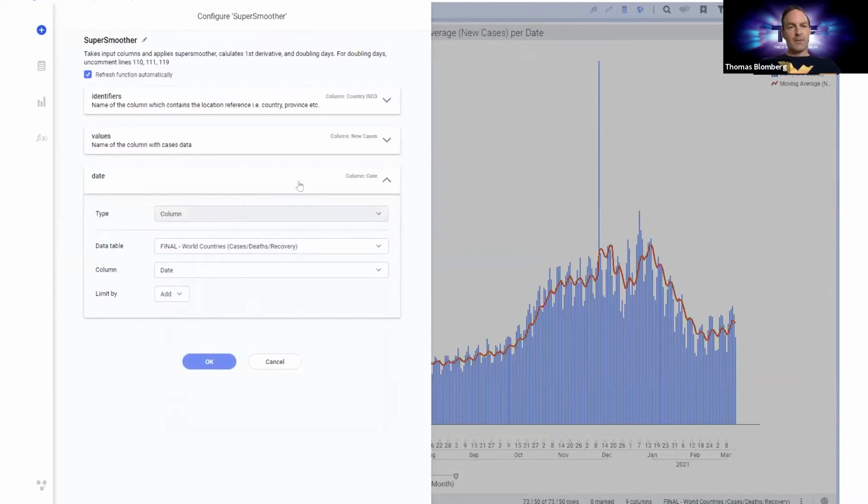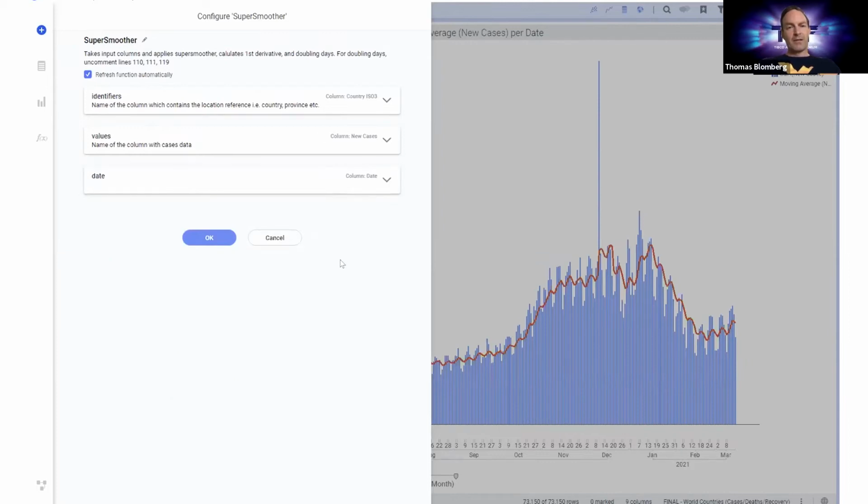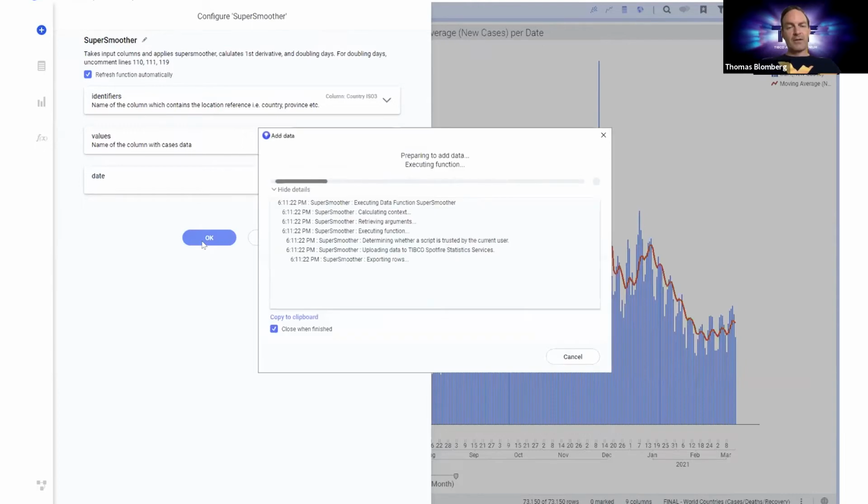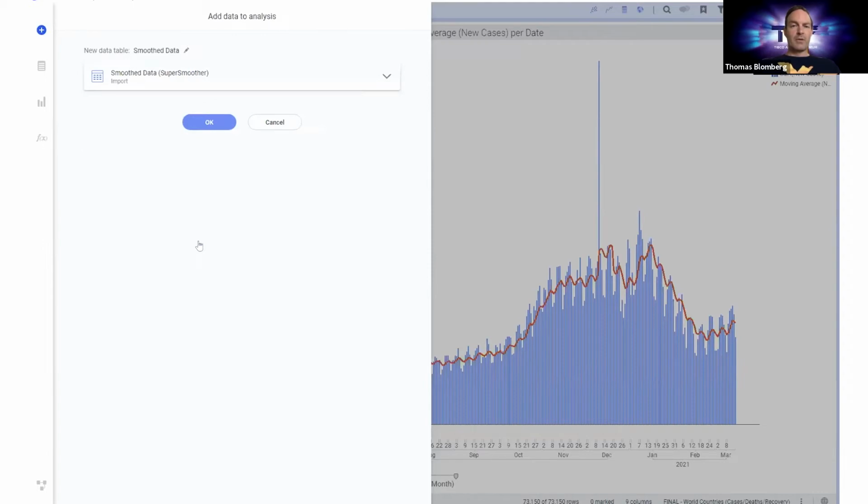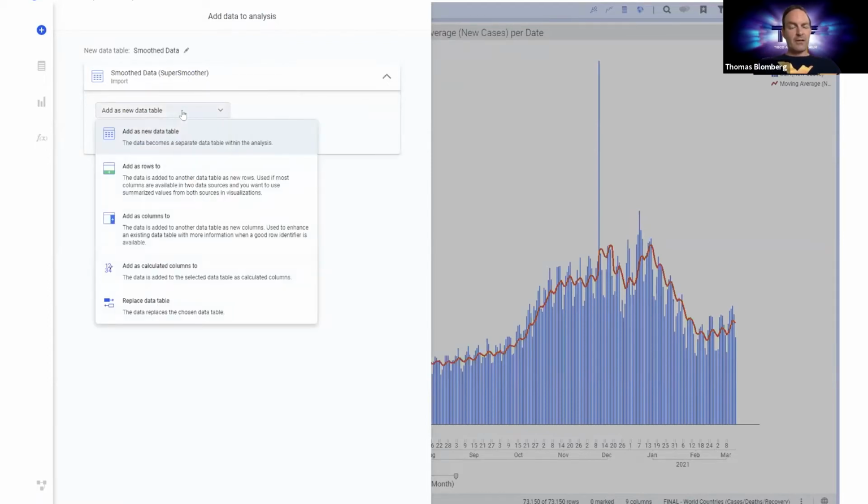All right, and not only have we very easily set the three inputs, we also get a nice looking overview of how we have configured the inputs, and we can click OK. This will execute the data function and take us to the output configuration. So each data function has inputs and outputs, and now it's time to map the outputs. And we have a few new things. I will show you that on a slide in a moment.